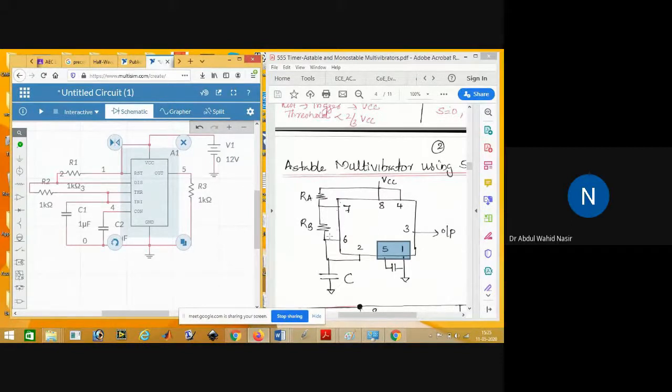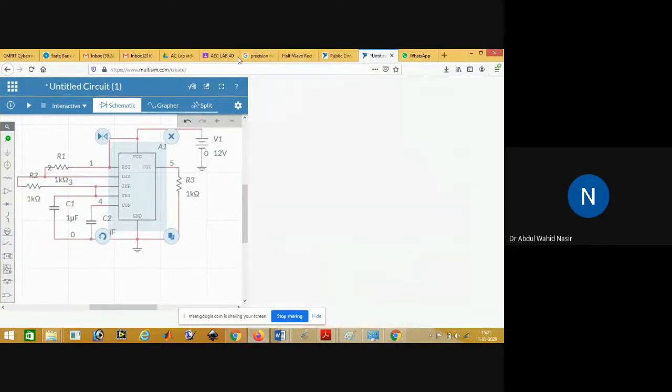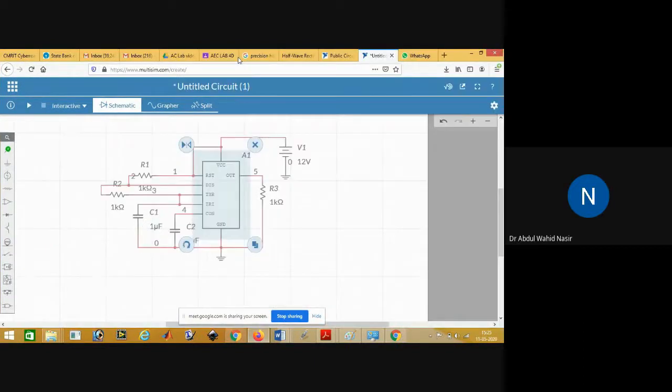In this experiment, we have exactly replicated this circuit diagram in Multisim using different components like resistors, capacitors, a 555 timer, and a voltage source. Now we need to measure the output. How can we see the output? Using the voltage probe. Go to analysis and annotation, take the voltage probe, and connect it here. This will show the voltage across the load, across this resistor R.